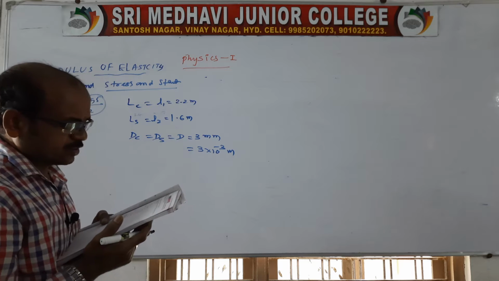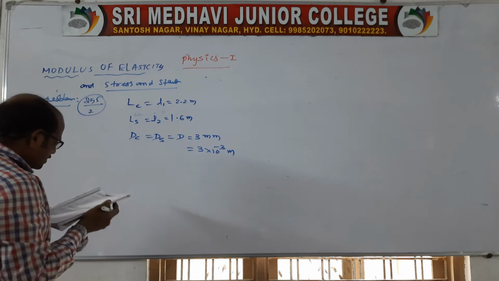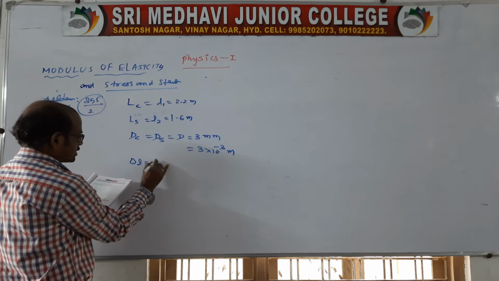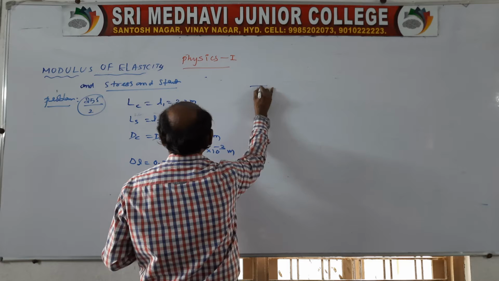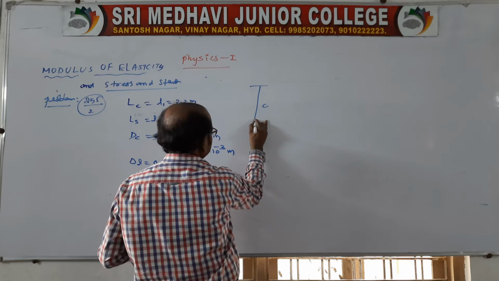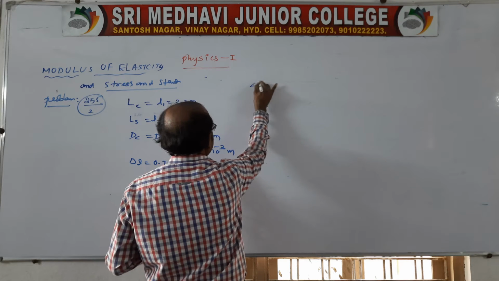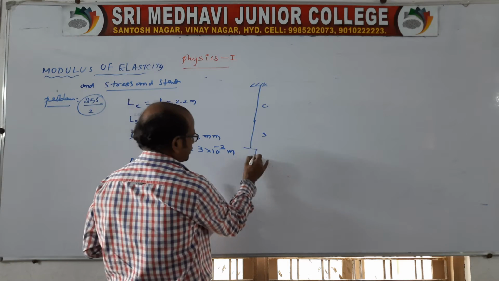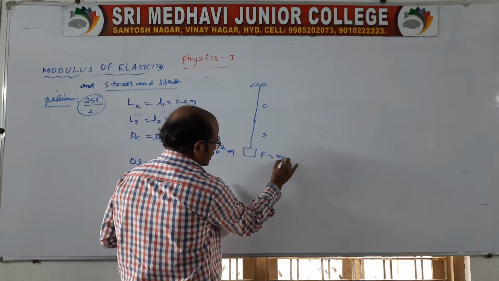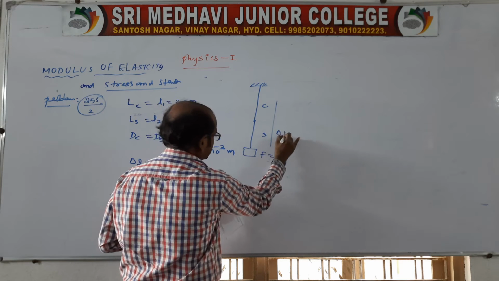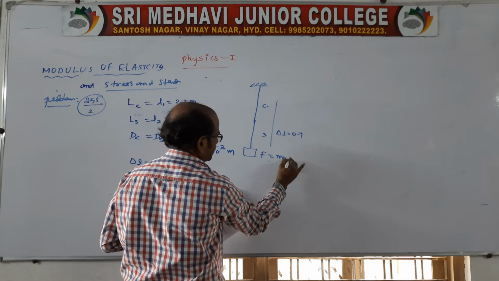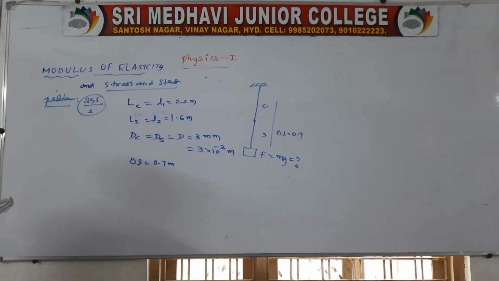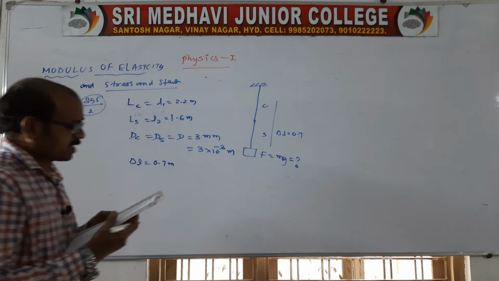When stretched by a load, the net elongation found is delta L of 0.7 meter, because one is the copper and one more is the steel, both joined like this. The diameters are equal. Because of the load applied here, there will be an extension produced in the composite wire of 0.7 meter. It is asking for this load.